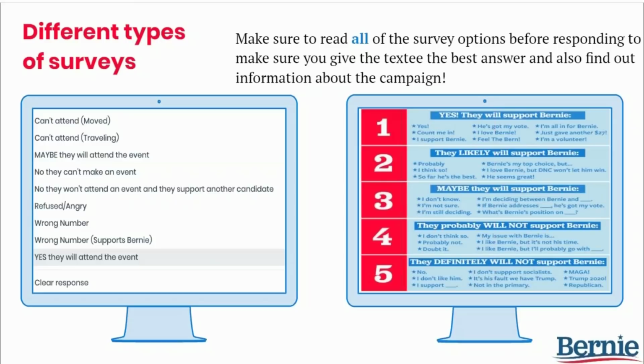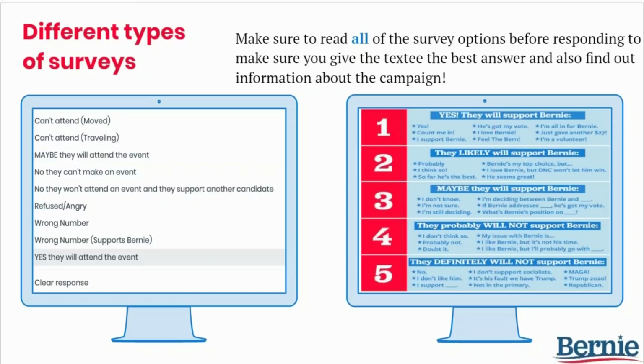If you need some additional details to answer a question from a textee, you can absolutely toggle to one of those survey dropdowns, copy and paste the RSVP link into another web browser, and then see what additional information you can find there. Typically, the end time as well as location information will be provided there.